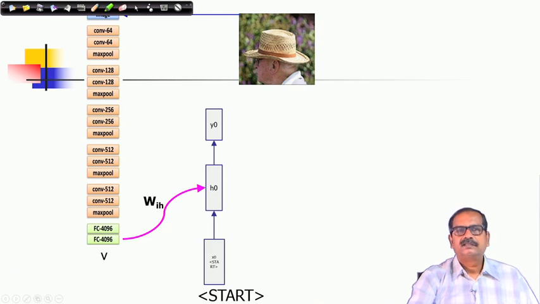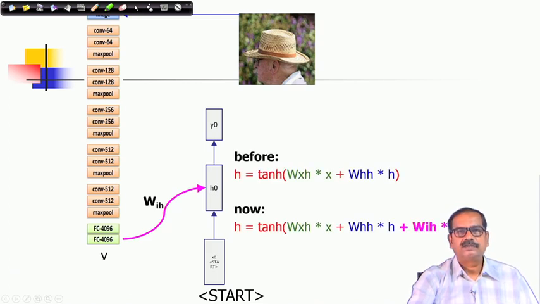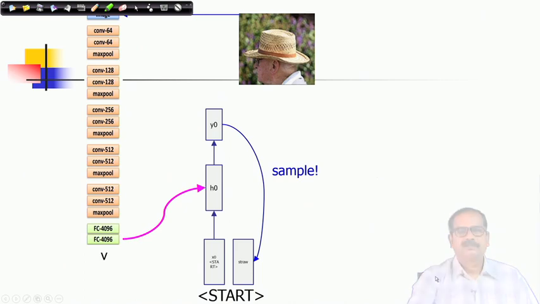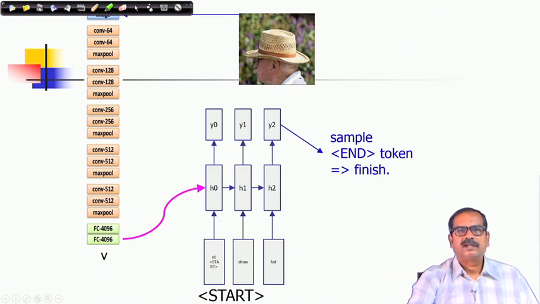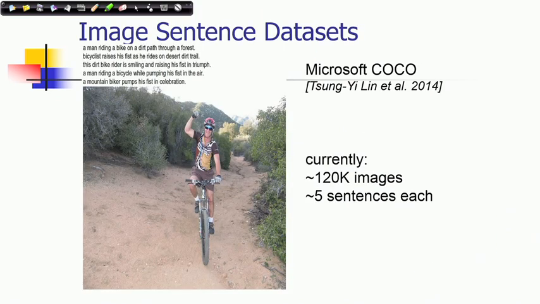It reconstructs the sample y0, which itself is the input toward the next sample. So, this is a sample and it goes like this. In the same way the RNN operates, and then it can generate a sentence. As you train on a number of images, depending upon the image content, it tries to predict those labels which are being trained in the network. There is a data set called Microsoft COCO, which has about 120k images, and for each image there are 5 sentences, used for training.